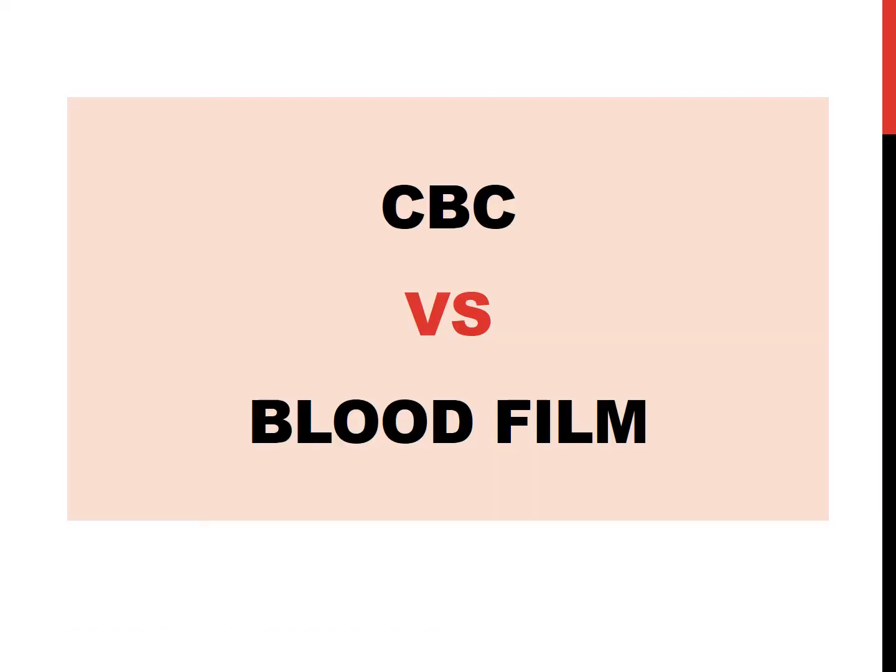And now, what is the difference between a CBC and blood film? And is it important to do both in the beginning, initially, or is it enough to do a CBC? We don't have to do blood film? Actually, blood film is very important. A CBC is just a count, but the blood film can tell you not only the count, but can tell you also the size, can tell you the shape, can tell you if there are any abnormalities or infiltration of the blood itself. Even sometimes it can correct some troubleshooting or some mistakes done by a CBC machine, because